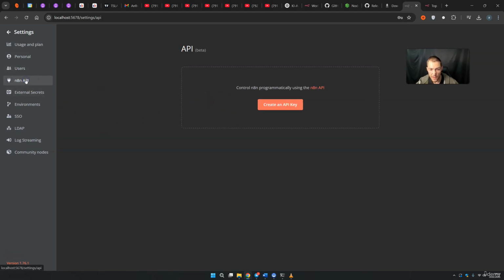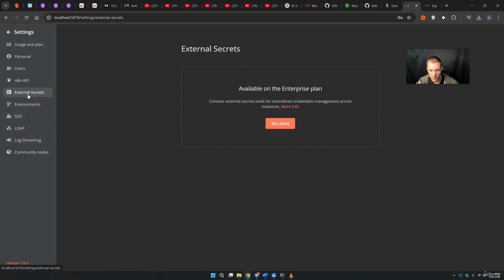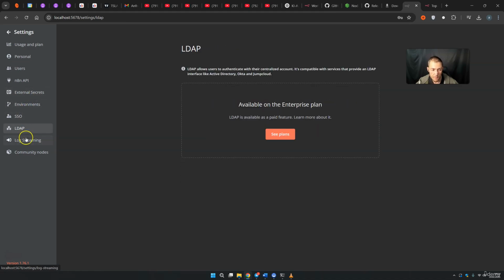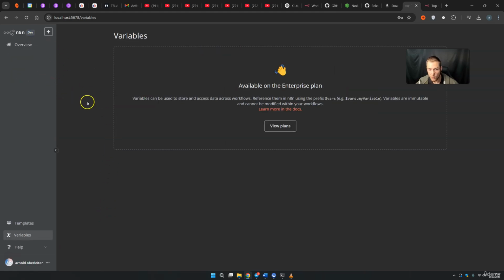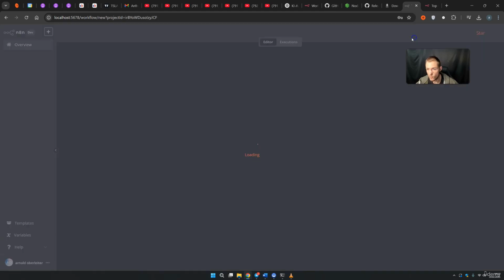You can also press on the n8n API, and you can programmatically use n8n if you simply create an API key, so you can include this in other workflows. And then you have some stuff that is only available in the enterprise plan. You have external servers, more on that later, environments that you can create, SSO, LDAP, and of course also log streaming. And lastly, you have the community nodes. In the left corner you also see what version is active. In the next video I want to show you how we can update these versions, because right now there's an update available. If you go back on settings once again, and if you press on overview and create workflow, we